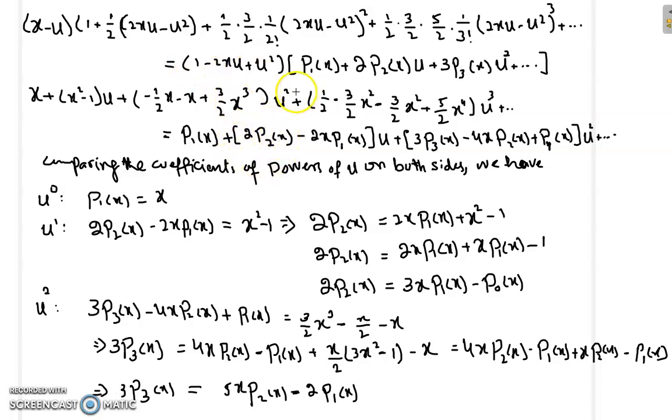There is only u common, which is this one. When we multiply this with this second one, we can get minus 4x u squared. So minus 4x and u squared is this one, and p2 is this one. And similarly for the rest of the